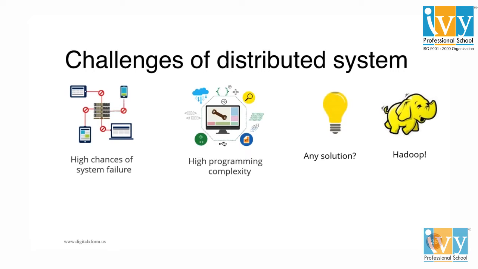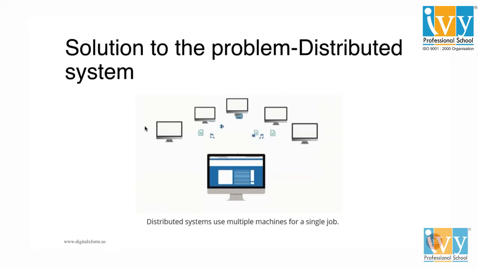So Hadoop comes as a framework which acts as a kind of leader which will manage what will happen if one node fails. So in a distributed system, these are called nodes, and this is called a cluster. So this is a cluster of, say, 5 nodes. If one node fails, the other won't know in a distributed system. But Hadoop as a framework comes as the solution to this problem, as a leader, wherein if one system fails, the other will know.